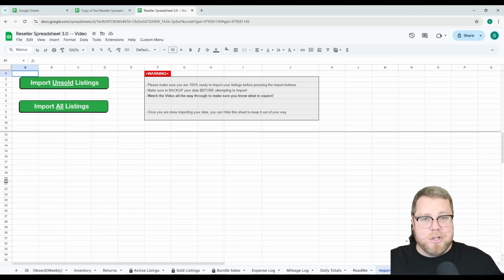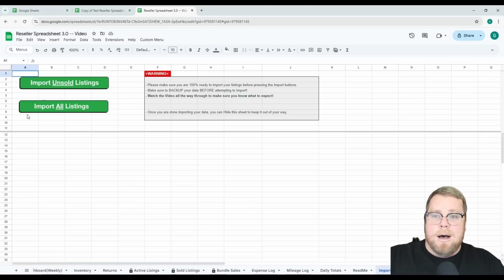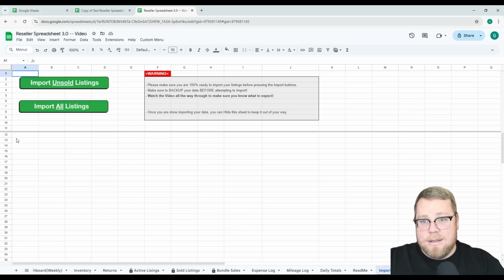So this is something you would do on like January 1. You'd import all your unsold listings. And it's really as simple as copying and pasting in the right spots. I've also included import all listings. Now this is kind of like a safety feature that if you're having any kind of issues with your spreadsheet, maybe you did some customizations and it's just broken beyond fix, you don't know what you did,